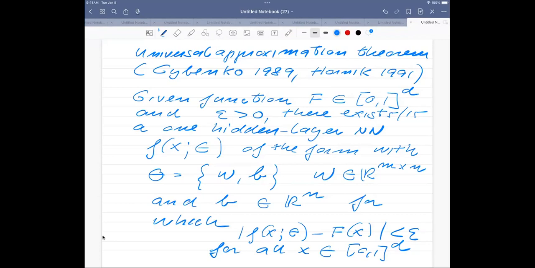This was extended by Hornik to apply to functions which are not sigmoid-like, and which don't need to be constant in certain limits. So when Cybenko did it, this applied to activation functions which had a limit of 1 when the input went to infinity, and 0 when it went to minus infinity. Then this was extended to any type of activation function by Hornik. So it's an extremely powerful theorem, and that's the one which